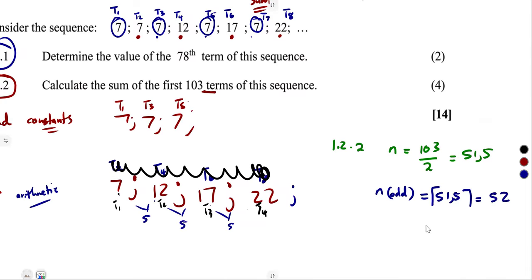So there are 52 terms. Meaning to say, for the even numbers, those are the ones that are remaining out of 100. 100 minus 52, or you just have to round it down. This one does not affect when you are rounding down. It will just go back to the 51. So the sum of these is supposed to give us